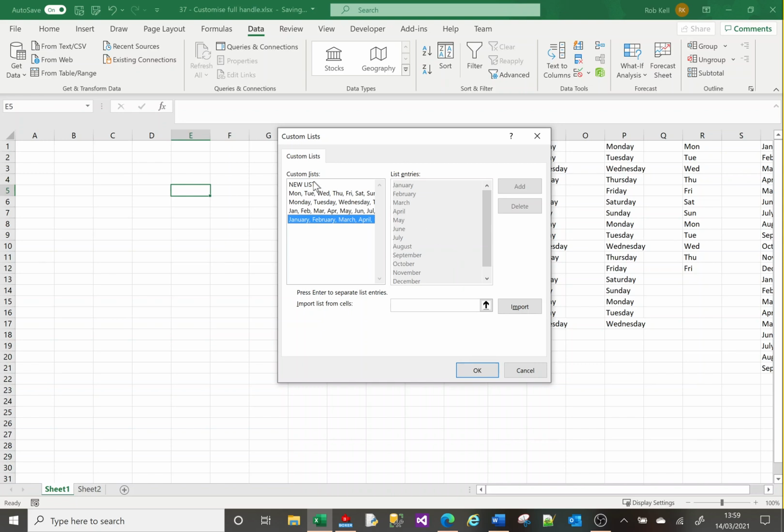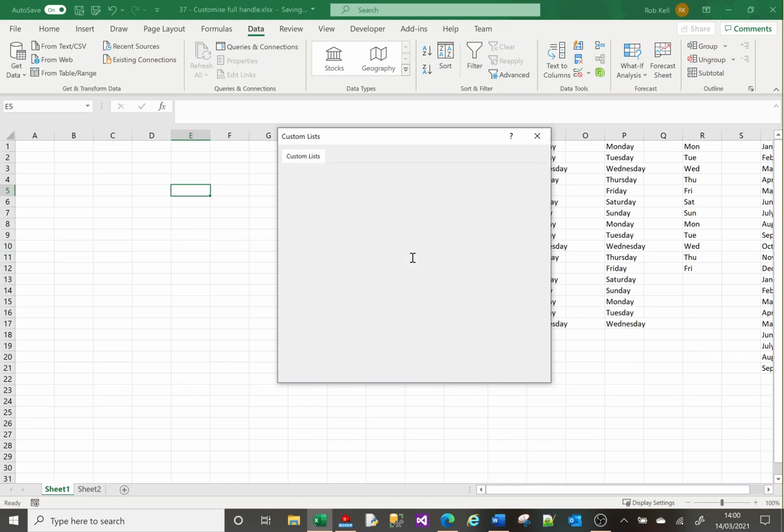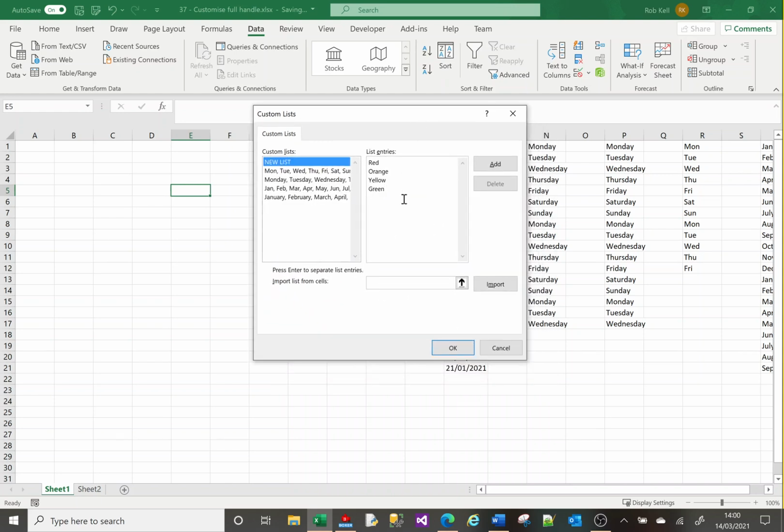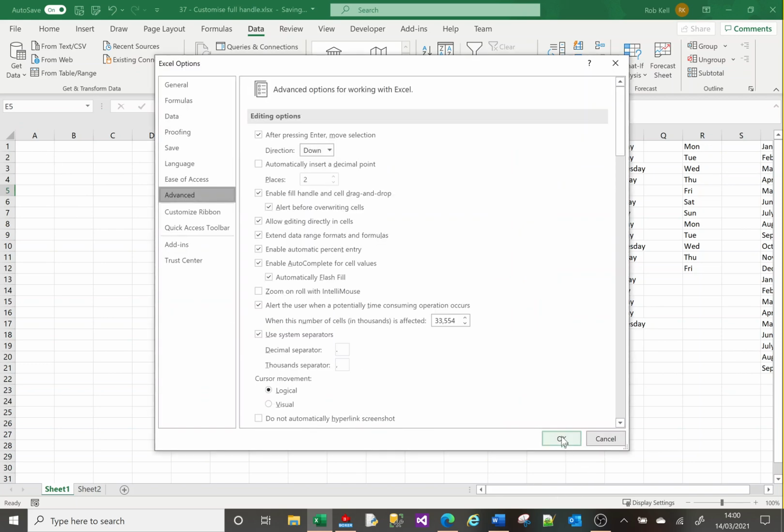So let us say we want to create a new list. We click on New List here, and let us create a list that is the colours of the rainbow. What was going on there? That's very strange. I'm going to deliberately miss out the blue. Now if we click Add, that will add that for us. And if we then click OK again,